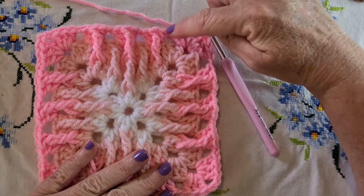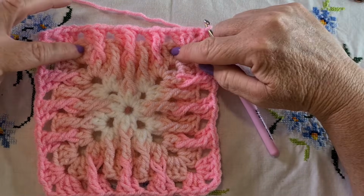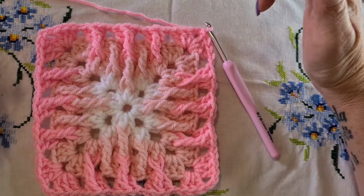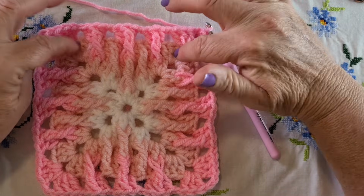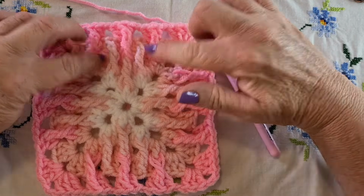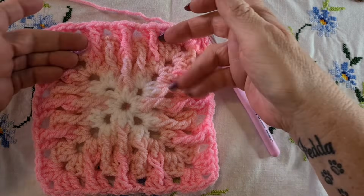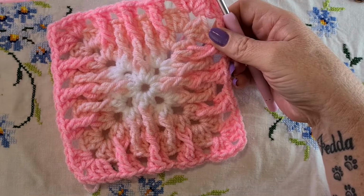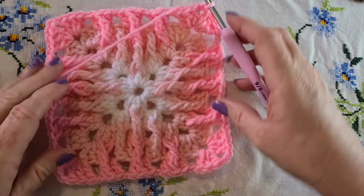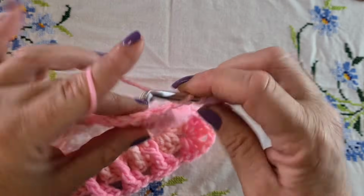Then we're going to be working into this space here and the front post around that stitch of that cluster. And essentially every round we're working a front post in the clusters that are in the corner, around that middle stitch. But then we're also going to be working around these clusters or these stitches in this round. So then next round we'll be working in these stitches. So feel free to rewind if you're a little bit concerned about how you might complete this next round. But essentially we need a corner